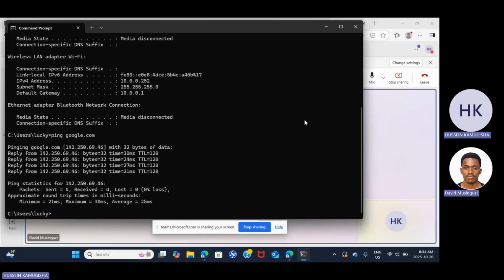So to do it, I first use the ipconfig command and find out the IP address I've been assigned, and once I find it, I use another command to terminate it. Yes, you release it and then you try to renew.